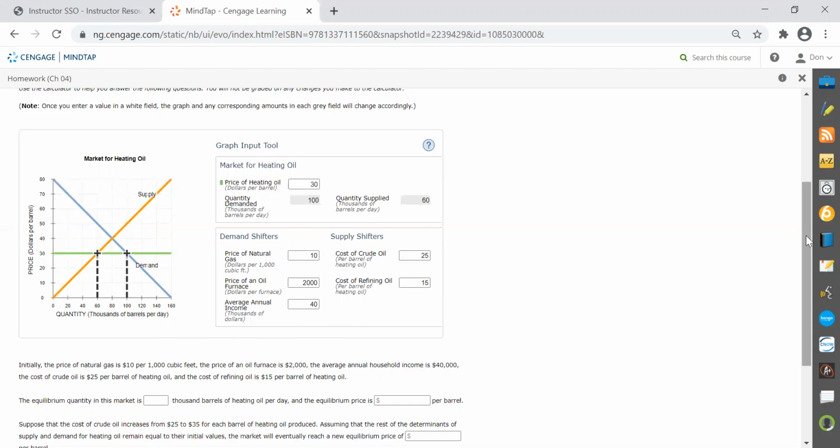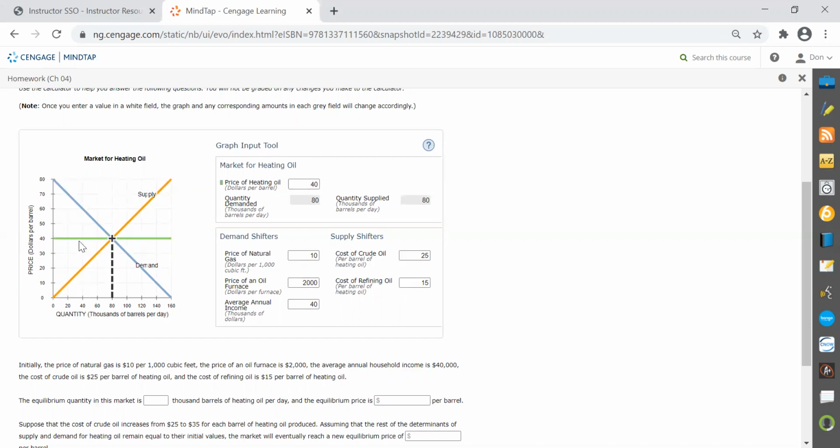The first question asks us, what is the current equilibrium quantity in this market, and what is the price? Well, you can do one of two things. You can look at this graph and figure it out how we do in class, taking the equilibrium where the supply and demand curves intersect, and see that it's a $40 price point, and I think it's 80,000 barrels per day. An easier way to do this, which I had to learn after the first try, is to go up here on this calculator and just increase this to 40,